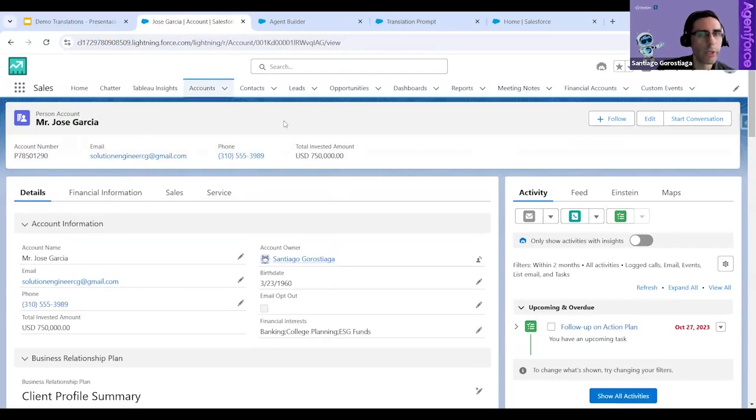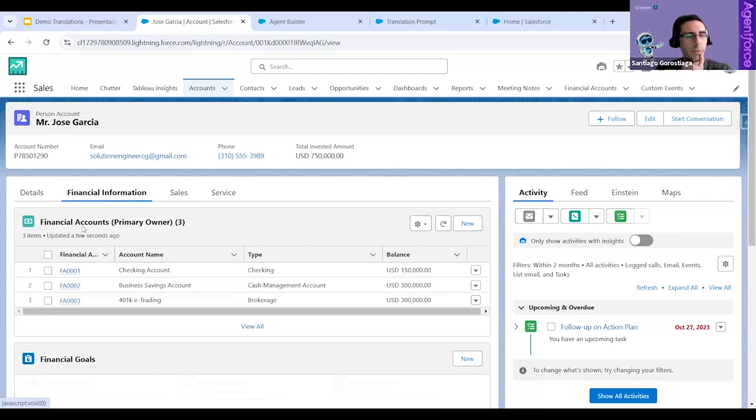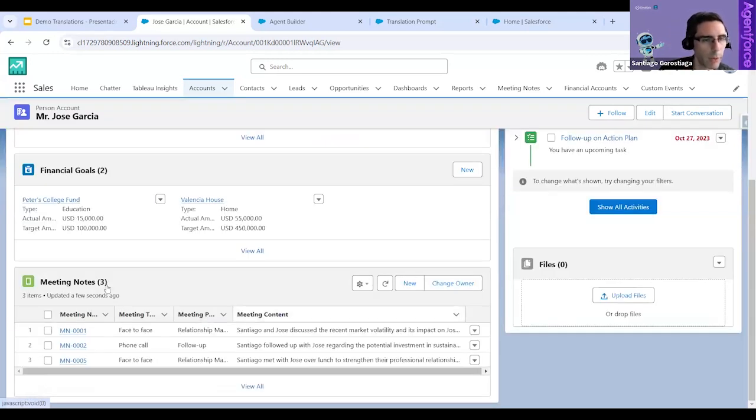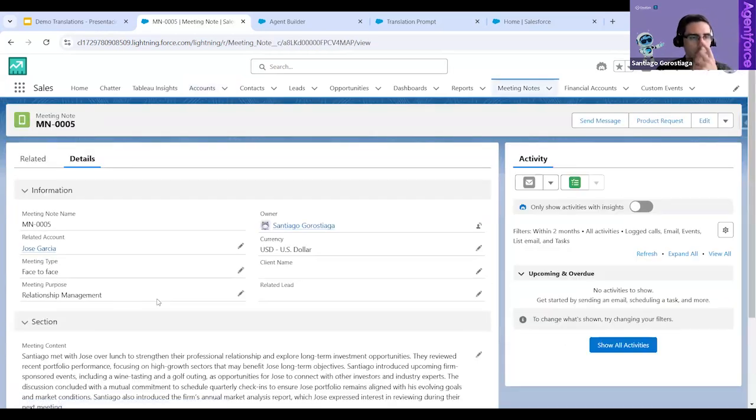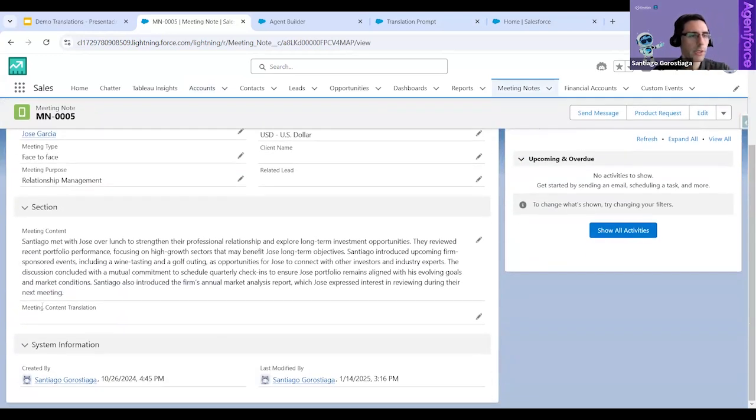So now we are already logged into Salesforce. As you can see here, we are logged in as, for example, a sales rep in the sales app. We are seeing the layout for an account. We can see that it has a lot of information about this account, and we're going to jump into the financial information because here is where I place my meeting notes with this account. So as you can see here, we have different meeting notes. All of them are in English. I'm going to open one, and we can see that we have the meeting content